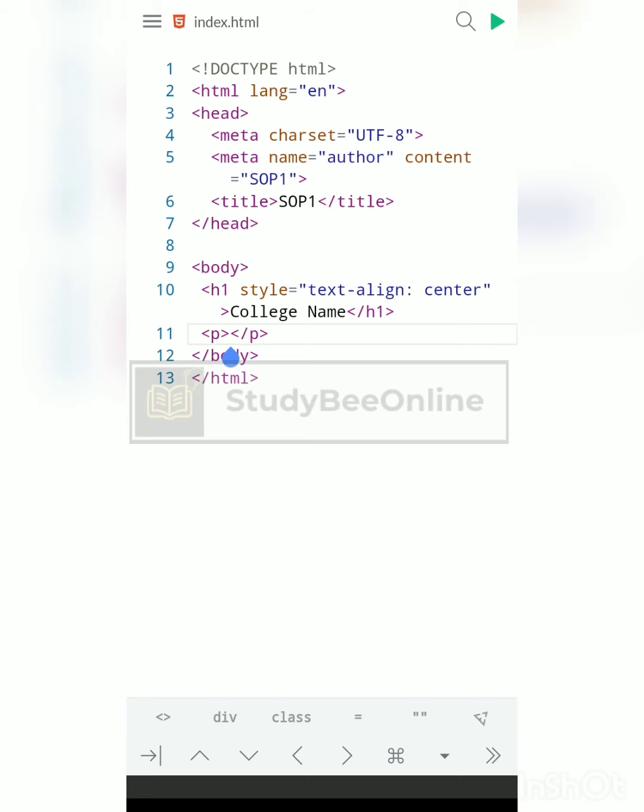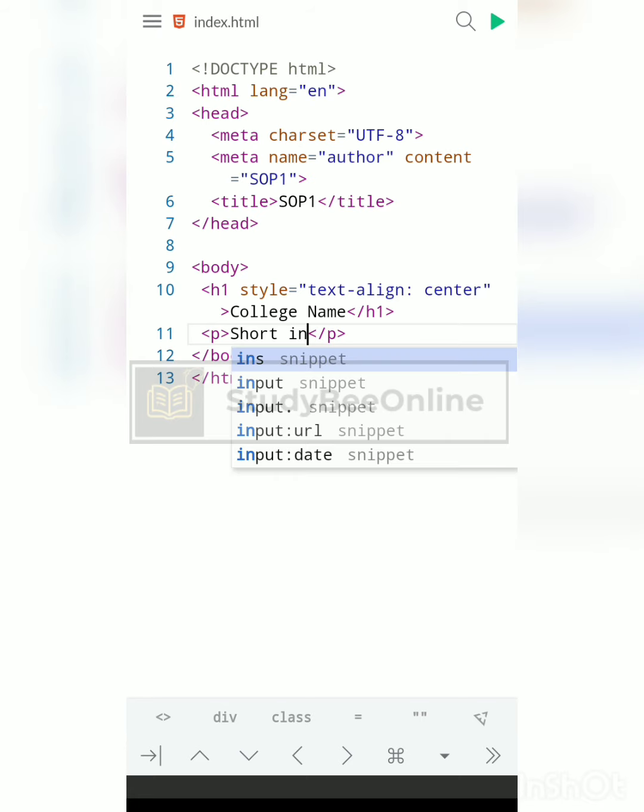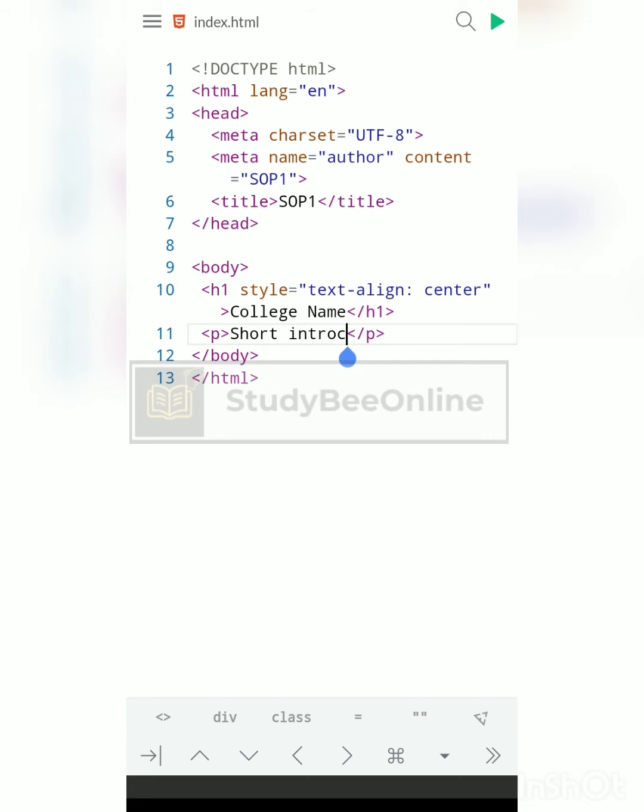Inside start and end paragraph tag, you just have to add short introduction of your college, or you can just add college profile over here with the help of start and end P tag. The next statement is